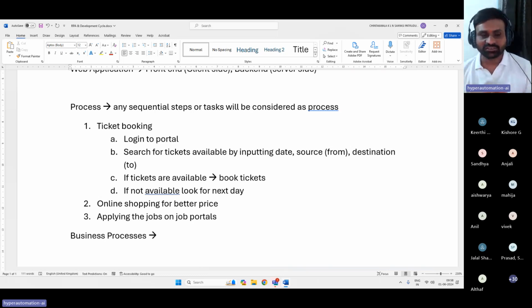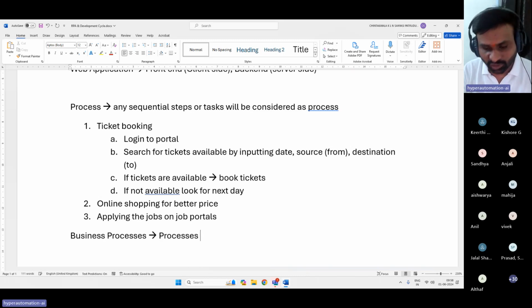When you add one word, do not expect a lot of change, but a slight change will be there. Whatever processes you perform in your organization as part of your business is a business process. That's it. There is no much difference.